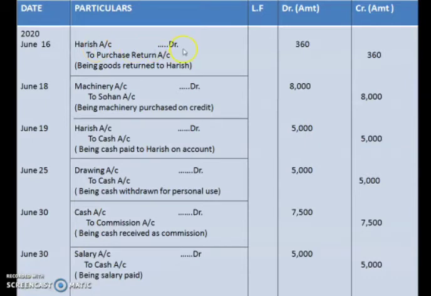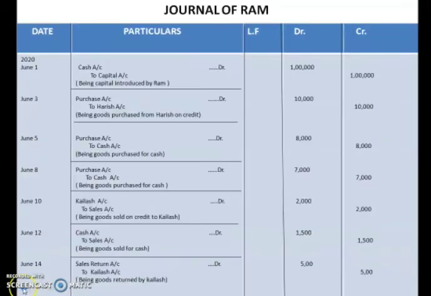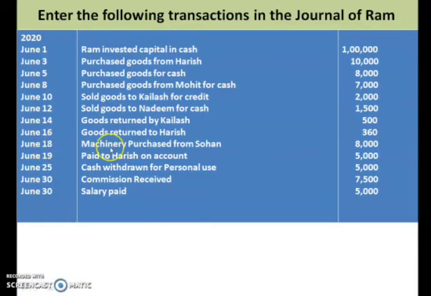Harish account will be debited with 360 rupees. Being goods returned to Harish, so his account has been debited. Now the next transaction is June 18, machinery purchase from Sohan 8,000. One new item is here: whenever you purchase goods, you have to debit the purchase